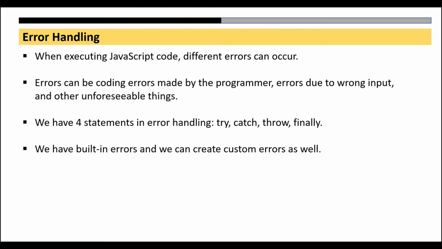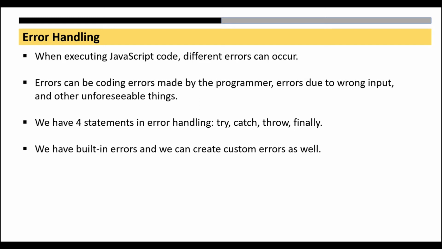Next topic we have is error handling in JavaScript. Now again, this is very important. When we talk about error handling, it means there are a lot of errors. It can be due to human error, the developer making some error. Let's say I created a function and I used the wrong function name while calling it. So there can be any reason. There can be a wrong input by the user, maybe some errors by the programmer, the developers. And sometimes there are unforeseeable things. Sometimes we don't know what error can arise. So being a developer, we have to make sure that all the